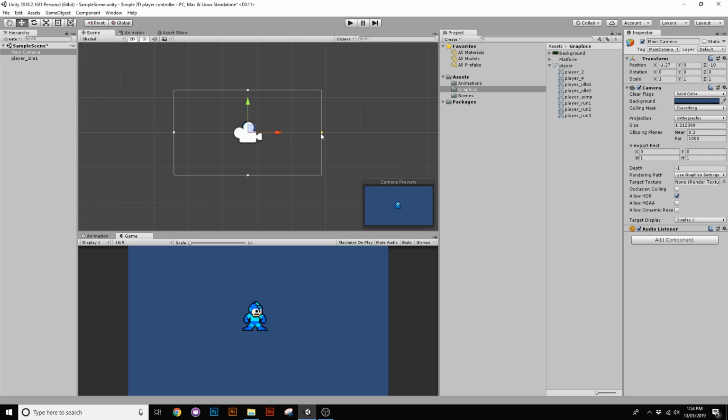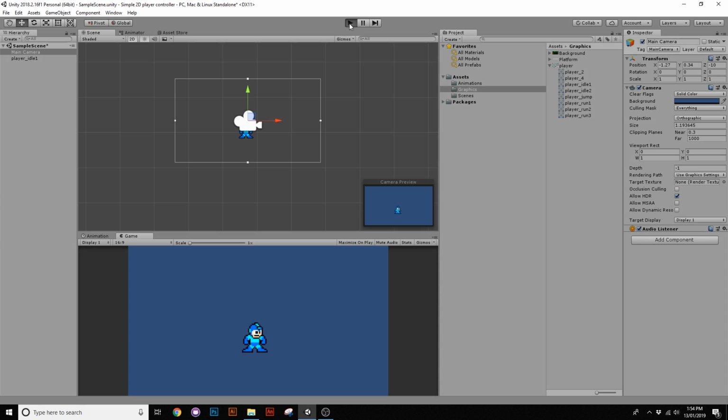So we'll try to get that about like that. So we'll just click play on this and see what happens. Okay, so we see down here Mega Man's going into an epileptic blinking frenzy. So we'll close that off. So what we need to do here is actually address the frame rate of the animation, because by default Unity